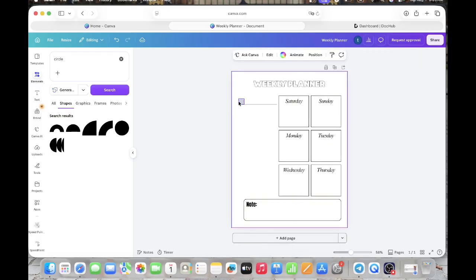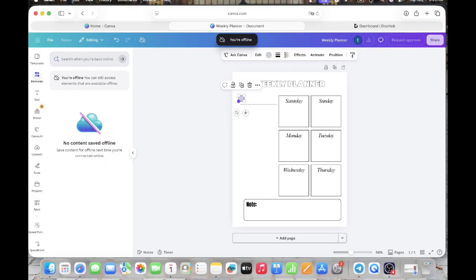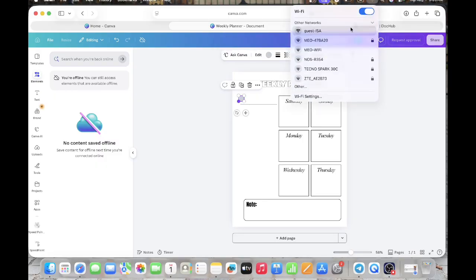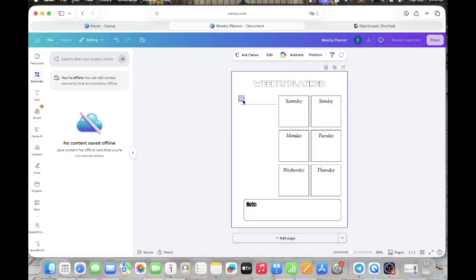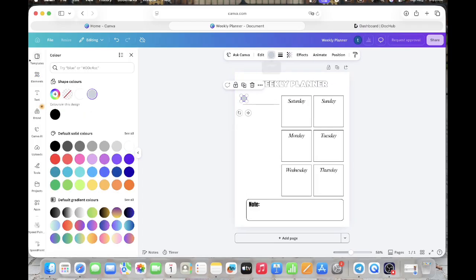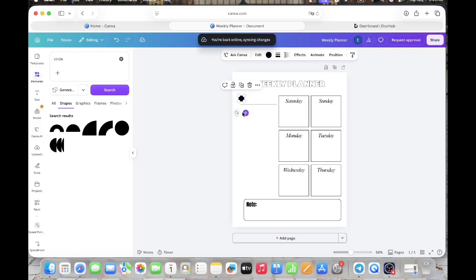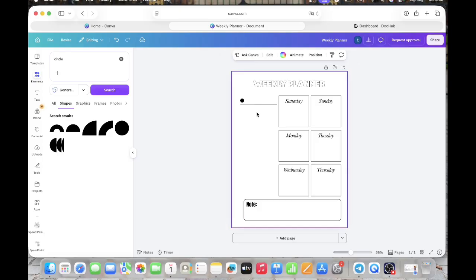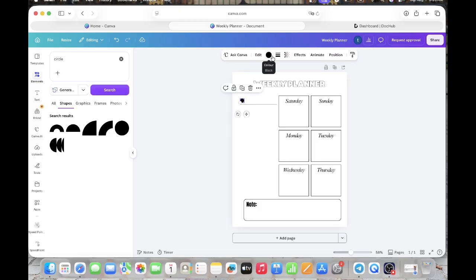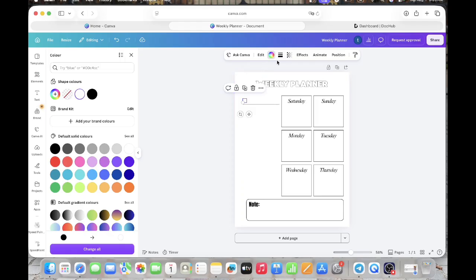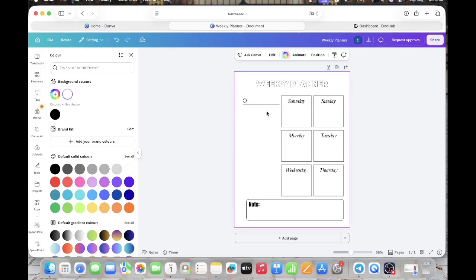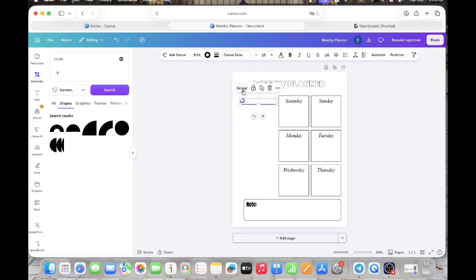Let me just see, just put it a little bit, yeah, a little bit just here. I think it is okay, and change the color to black or another color that you want, but let me just change it down or a little bit smaller. I think here is okay, and then you can also change the color to white. It's up to you, like this. And then here to write a stroke, for example 3, is like this. It's up to you. Then put both of them with each other, group,